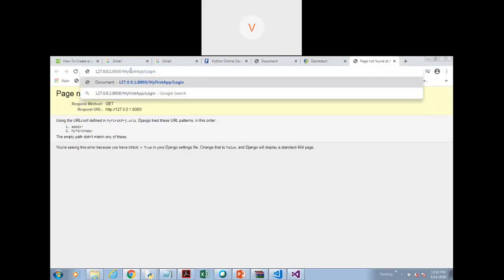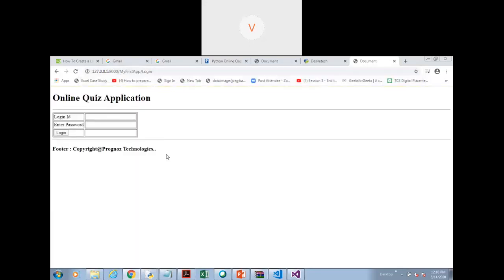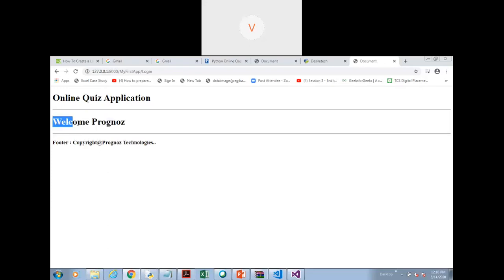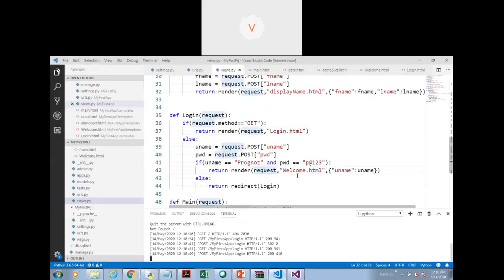So this is the URL, right? My first tab slash login. So this is the login form. And if I enter the invalid credentials, and when you hit the submit button, you can see we are being redirected to the same login page. Then if I enter the correct username and password, then I'm going to see welcome with the username that is Prognos. Now is it clear, Ashwini?